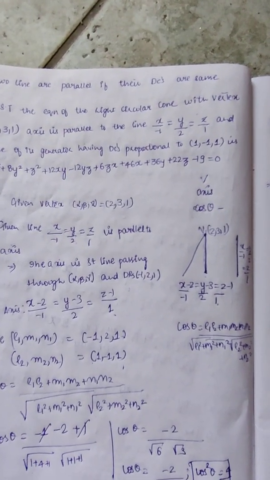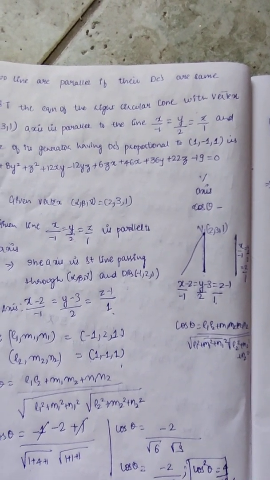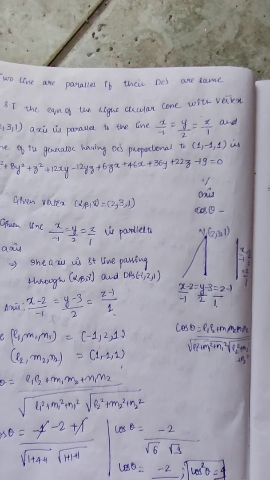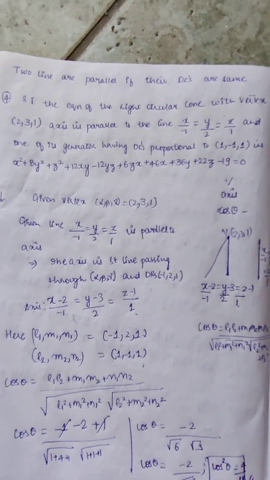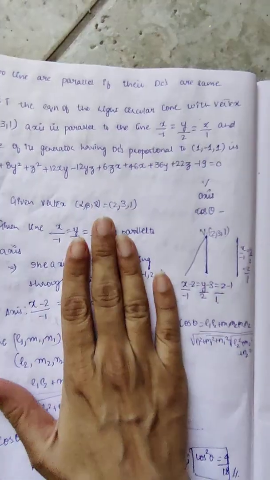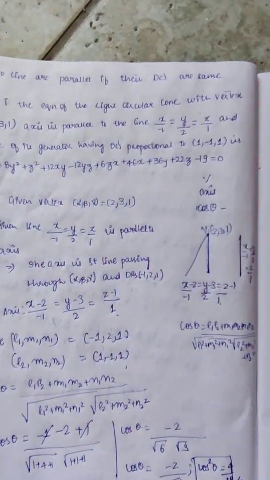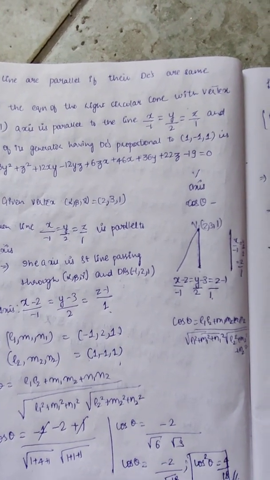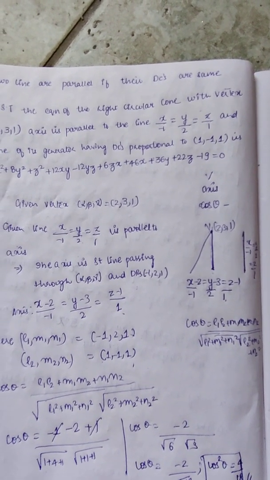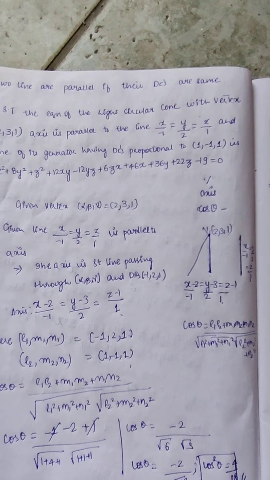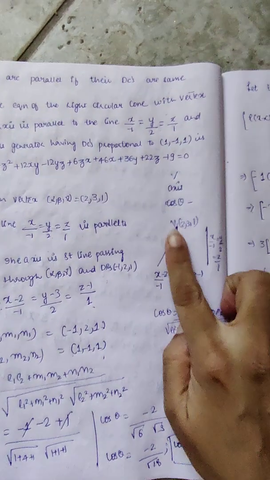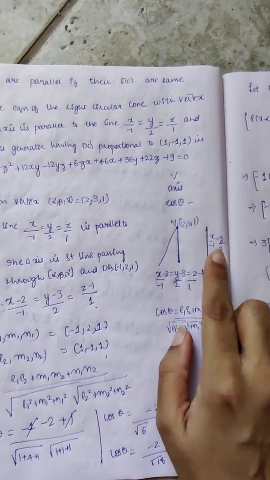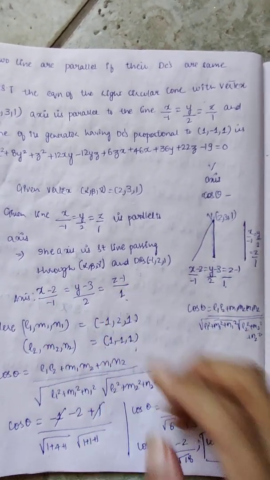So girls, let us just revise once again. In order to construct the right circular cone, I need the vertex, I need the line, that is the axis, and I need the angle. So if I look at the question, the vertex is given to us, and for the axis, it is given that the axis is parallel to the other line given to me. So according to the condition, when two lines are parallel, the direction cosines would be the same. This is the straight line which passes through 2, 3, 1, and from here I got my denominator. So this is the axis I got.